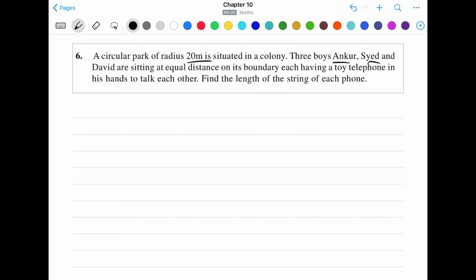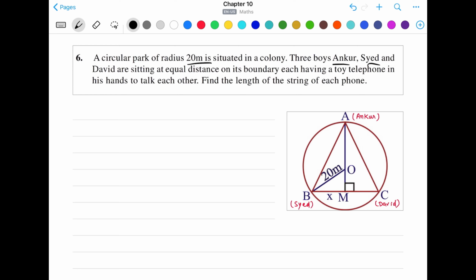So let's first draw its figure. So that's the figure for this question. We have three boys, Ankur, Sayyed and David, sitting at the points A, B and C of this circular park. So let's write the answer. We have answer number 6. So what we have here is a circular park with radius of 20 meter. Given is a circular park